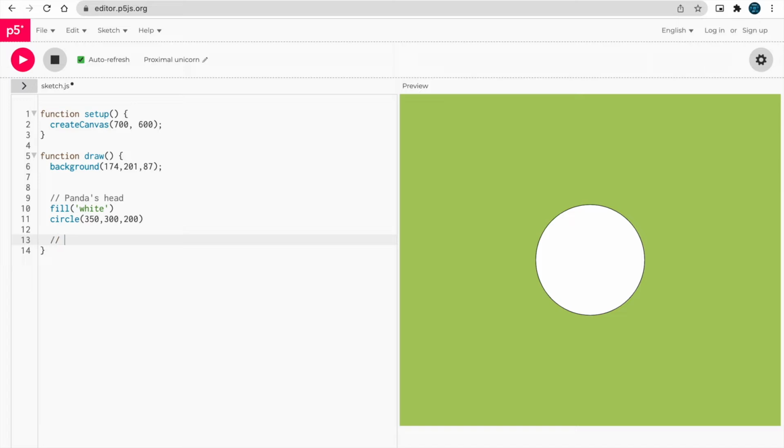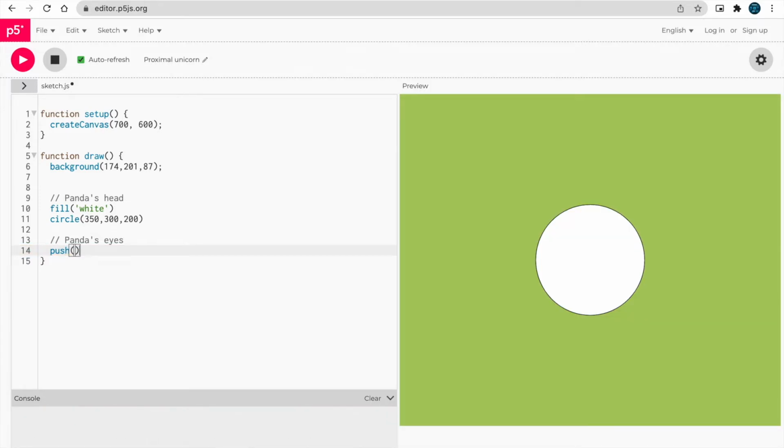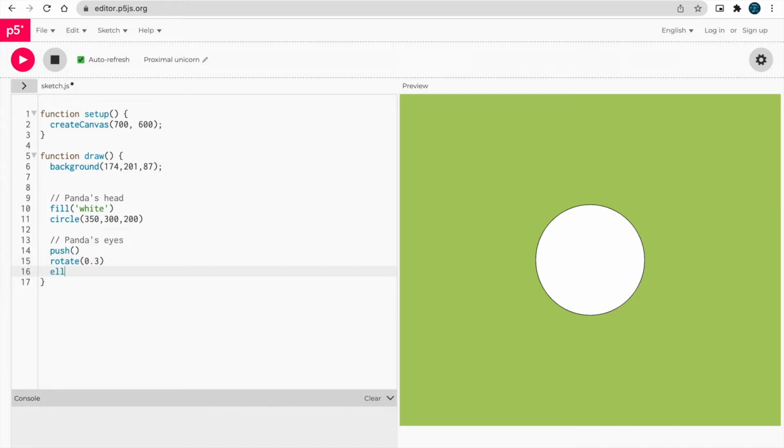Let's draw the eyes. Again, we are adding the comments, panda's eyes. And for the panda's eyes, first we're gonna draw the dark spots around the eyes of the panda. We will be doing some rotation. This is gonna be 0.3 degrees, and for the spots we will be using ellipse.